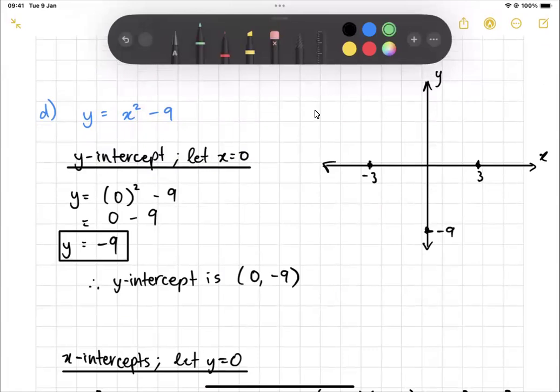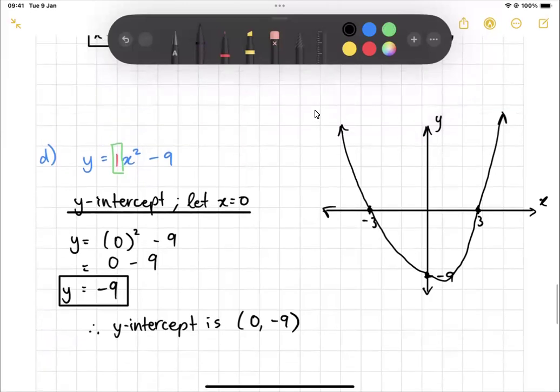Going to look again at my original equation, the number in front of the x squared. That is a +1. So +1 means that it's going to look like a happy face. So this is what I'm going to do. Not the perfect one, but that's okay. As long as it kind of looks like the shape, try your best to draw it. Once again, I'm not a great drawer. So it should look something like this. Not perfect, but hopefully these two